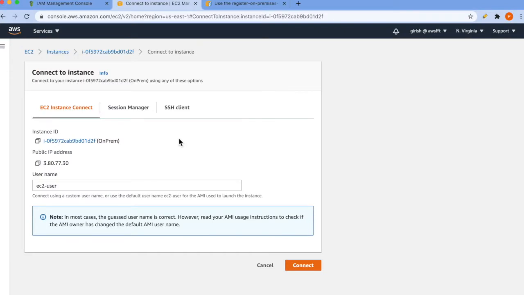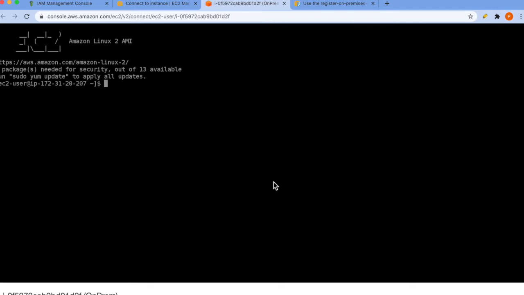Instance Connect makes SSH into a server so easy. How come it works without providing a key? It is quite interesting. I have explained that in detail in another video, and I will provide a reference to that at the end of this tutorial. Do check that out. You will like it. For now, connect to the server using Instance Connect. So here we go. We have successfully SSHed into the EC2 instance.